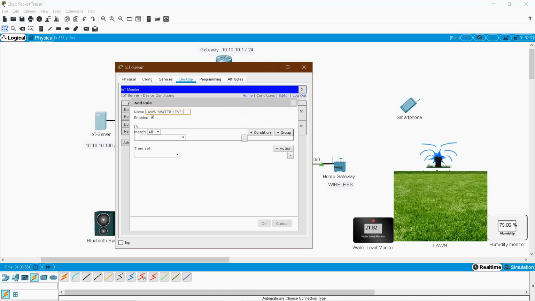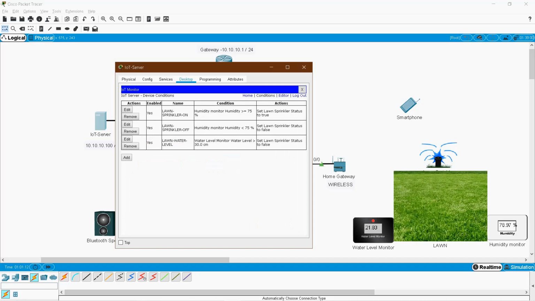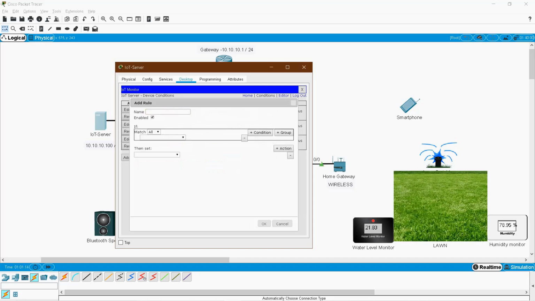So here I am checking water level. When it is greater than 30, then I want lawn sprinkler status to false. Okay, add, lawn water off.